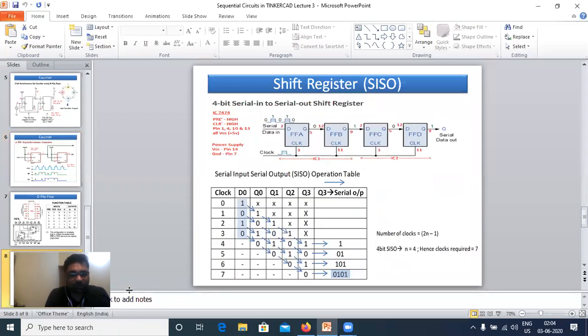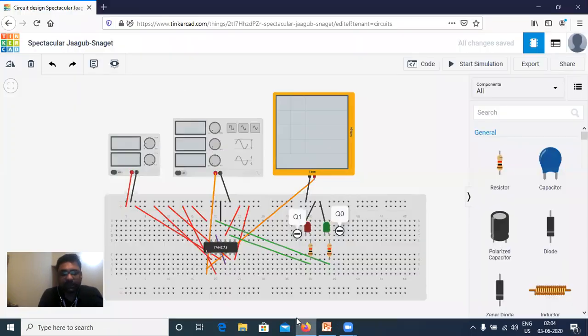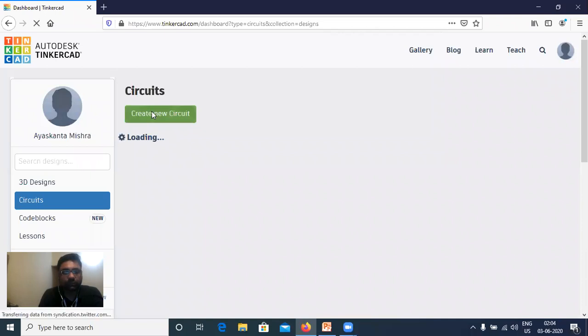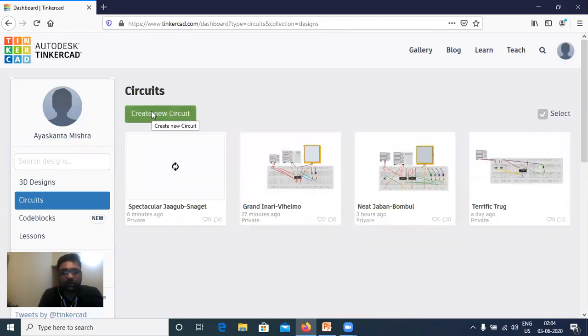So I'm going to Tinkercad, and as you know, we have to go to the main menu. Here you are seeing all the existing circuits that we have designed.